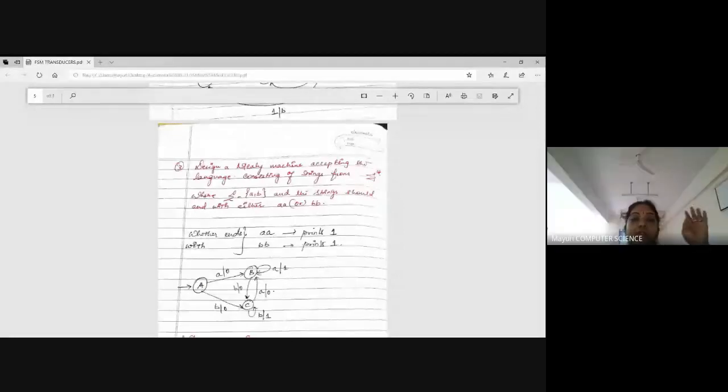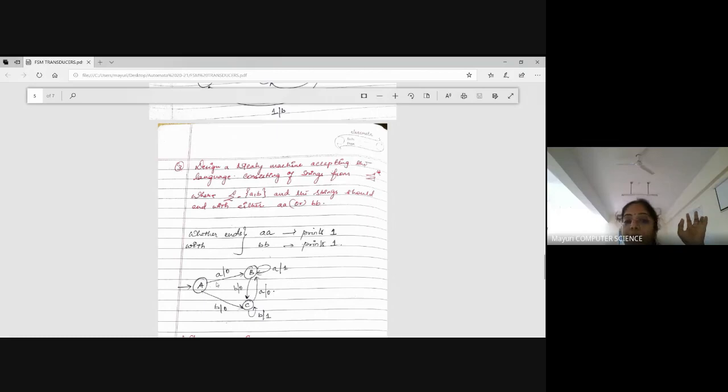So in a Mealy machine, don't worry about to which state I have to go, because here states are not associated with outputs. Always you have to worry about outputs. If it is a Moore machine, outputs are associated with states, so you need to worry about to which state you have to go. Since it's a Mealy machine, you need not worry about the state. You need to worry about the input, which input as of now I have consumed, so that I will go to the respective output.